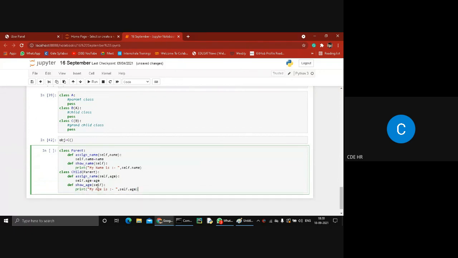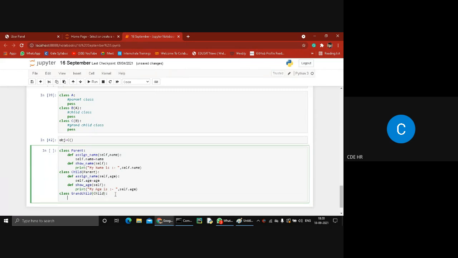Now we have successfully created two classes. First is the parent class and second is the child class. Next I am creating my grandchild class. It contains the properties of both classes, the child and the parent, because it is built on the child class.